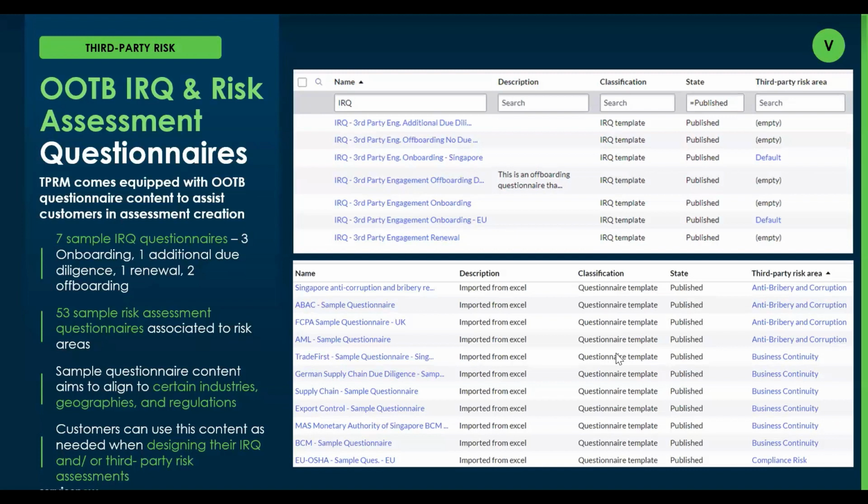And then for these questionnaires and those that you may build yourself, absolutely you can build a scoring model, and highly recommend you do that, because that's where you start to put your own organizational spin on what's important to you from a risk perspective. So you may have a higher emphasis on data protection elements, or other components of your program. You can put the appropriate weighting, not only in the questionnaire, but how these third-party risk areas are calculated and how the overall risk value for that third party or engagement is calculated.